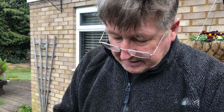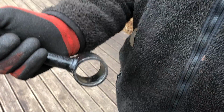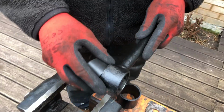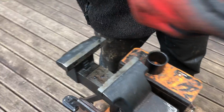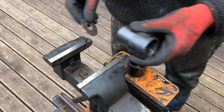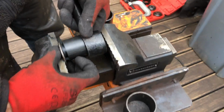So when we'd cleaned all this up, we placed the bush in there. It would push in 2 or 3 mil, just chamfered the edge, so it would just pop in there. Then I'm using a vise until that virtually disappeared halfway. We just used the washer off the main bolt, off the counterweight, that big washer, and we positioned it like that. Then we just pushed it in, and once it got to a certain point, halfway,